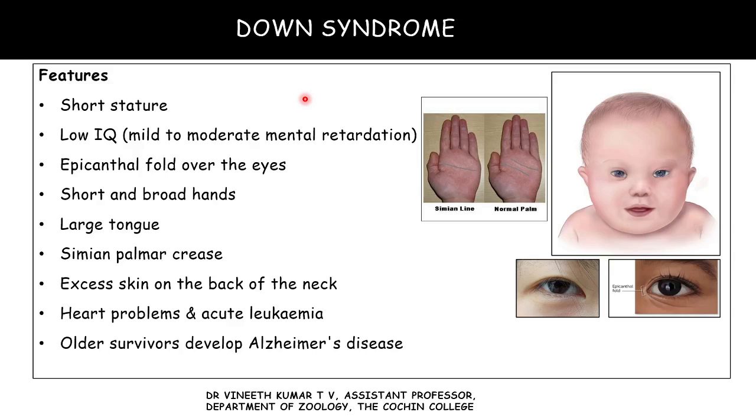Down syndrome is the only syndrome with a trisomy where individuals are reported to live up to the age of 50. Usually Patau and Edwards syndromes, the other trisomy syndromes, die in utero or in their childhood. They do not have a longer lifespan. So one of the trisomies with a longer lifespan is Down syndrome, where individuals are reported to have lived till the age of 50.